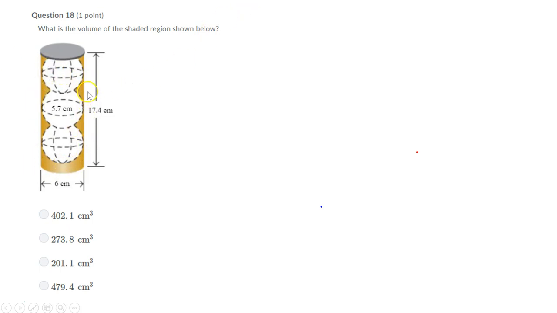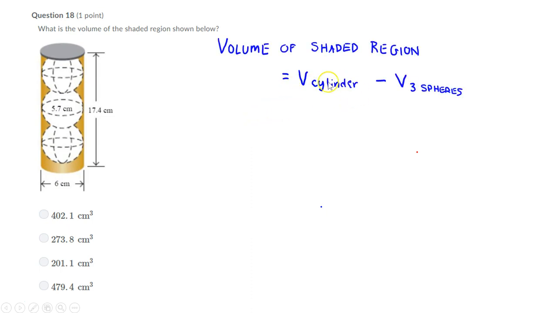this brownish region, again, could be considered like the empty space inside of this cylindrical can when I have these 3 balls in there. I'm going to figure that out by doing the volume of the cylinder minus the volume of the 3 spheres. So I'm going to use those formulas along the way, and I also have to be able to find certain